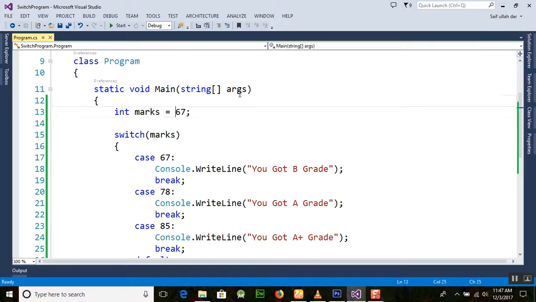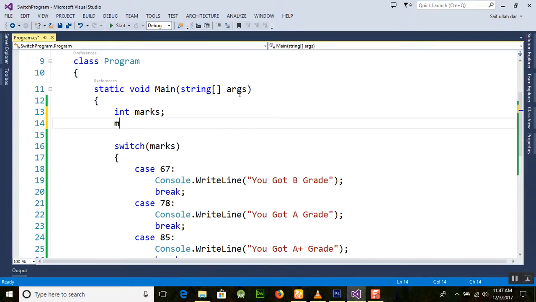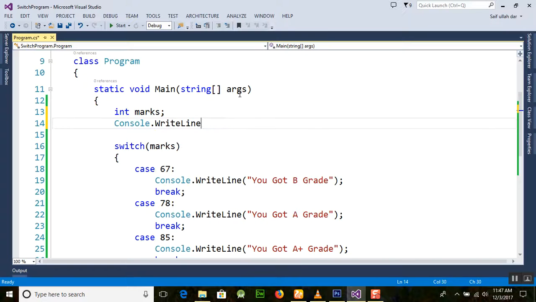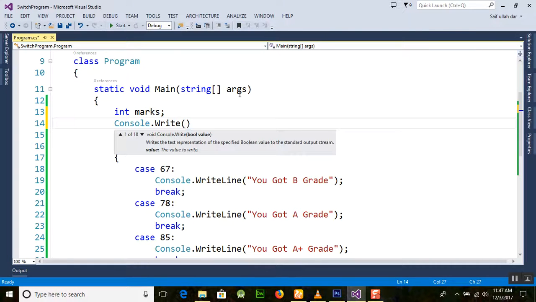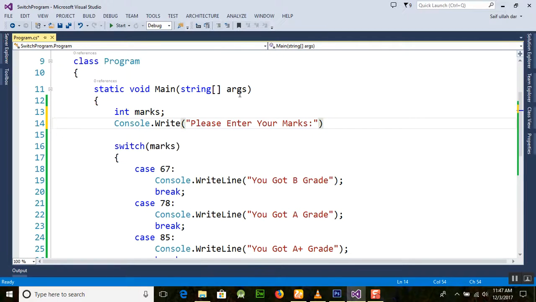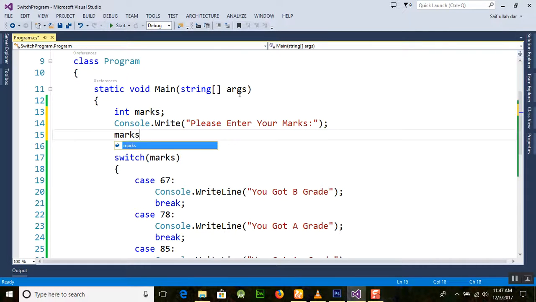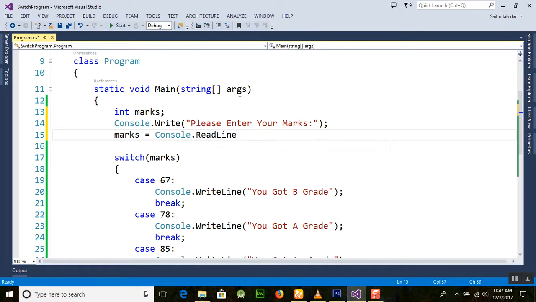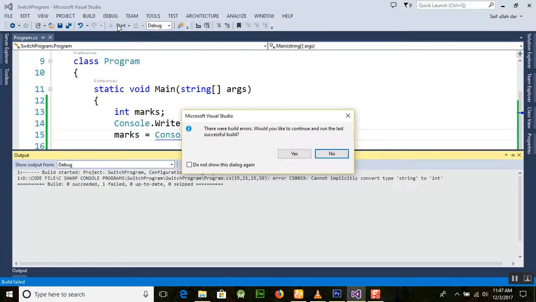So if I want to make this program more precise, then I will get the values from the user. Console dot write, and this time I will use write. Please enter your marks here, and after that we will use marks is equal to console dot read. Okay, now we will run this program. Okay, sorry,